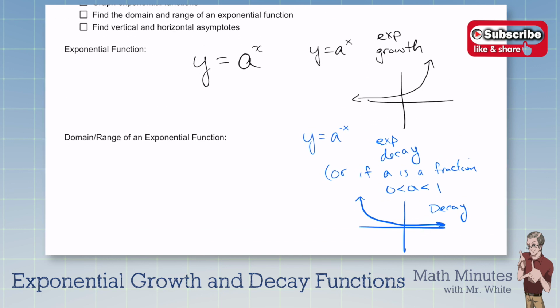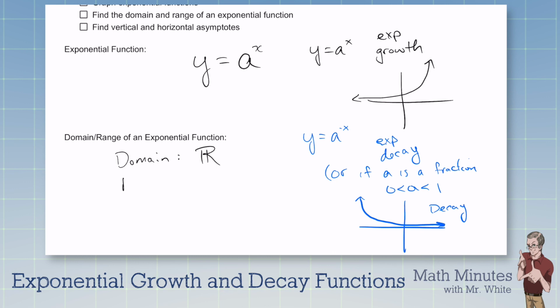All right, now what about the domain and range of these things? Now domain is how far left and how far right they go. Domain on all exponential functions is going to be all real numbers. Okay, exponential growth and decay, the domain is all real numbers. Now what about the range? The range on these is generally, the y values are going to be bigger than or equal to some horizontal asymptote,